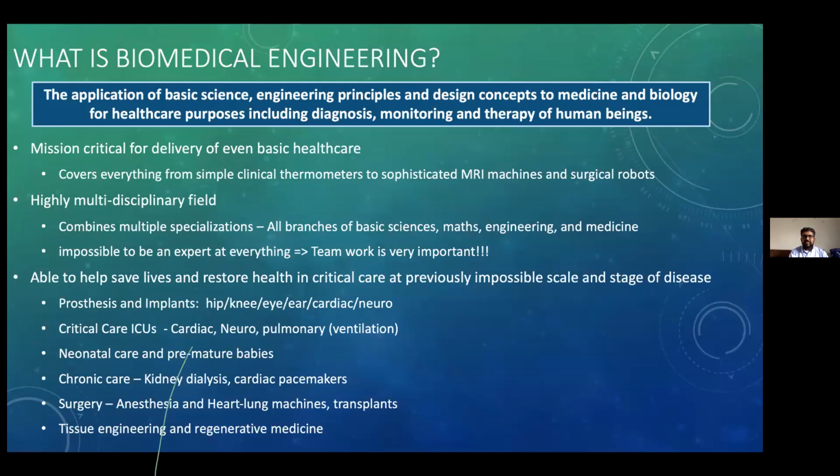We are now able to save babies a lot more than we were only 20 or 25 years ago. So we are now able to save babies that are born way too early, and also some babies that are very sick. So India had a very bad track record of babies dying because they could not be provided enough care, because they're so vulnerable and can lose their life so easily. The elderly have problems that are long term. They have blood pressure, some of them have kidney failure, some of them their hearts don't beat properly at the right timing. So we have cardiac pacemakers.